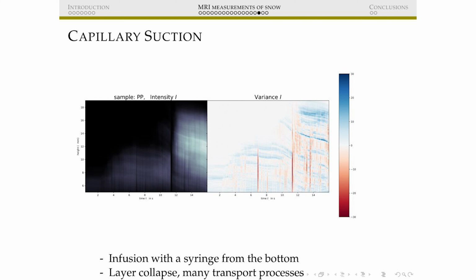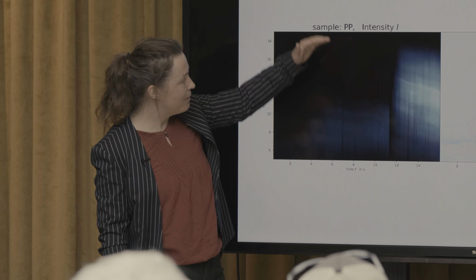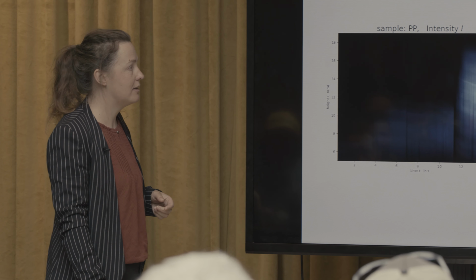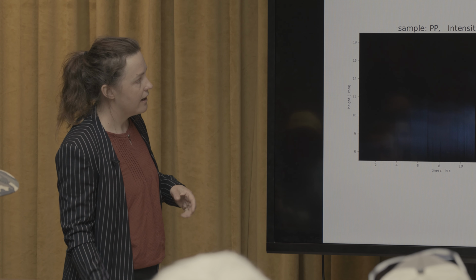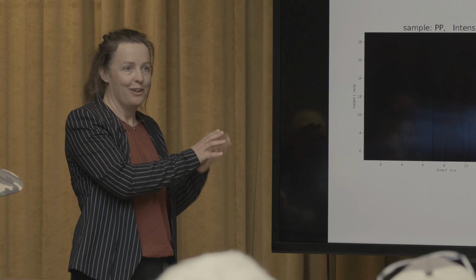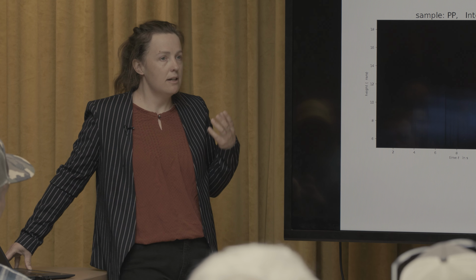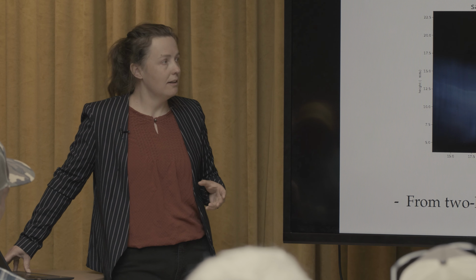This is the opposite, where I try to imbibe the snow with liquid water from the bottom, and you see the liquid water comes up. And this is a little bit dramatic. I mean, it melts very, very fast. And you see the layers kind of very dynamically going into each other. And this is where I think what you could see in real life as well, is that snow can very quickly change from a solid matrix to a mushy type of